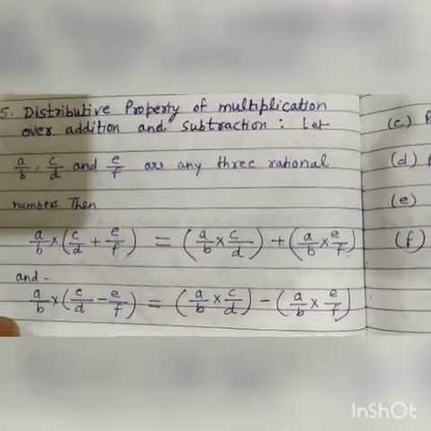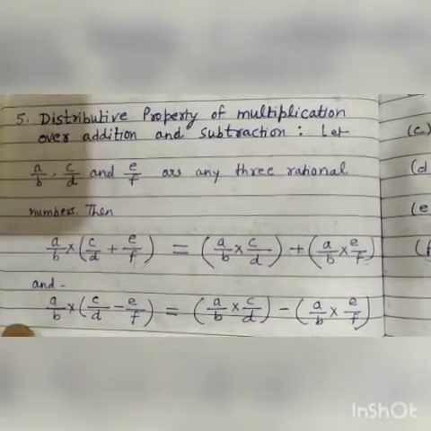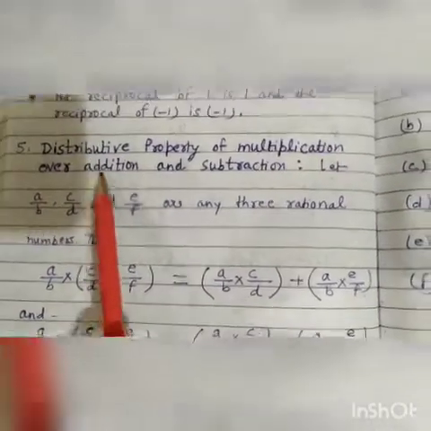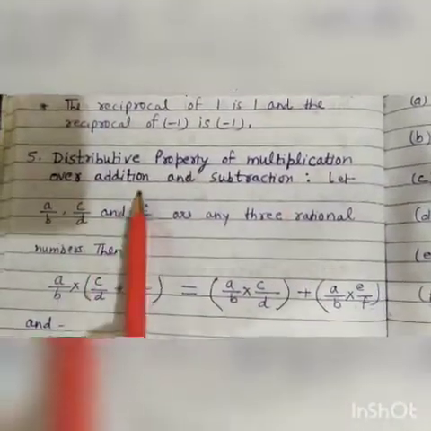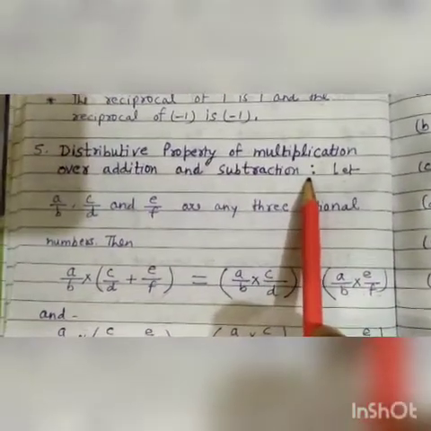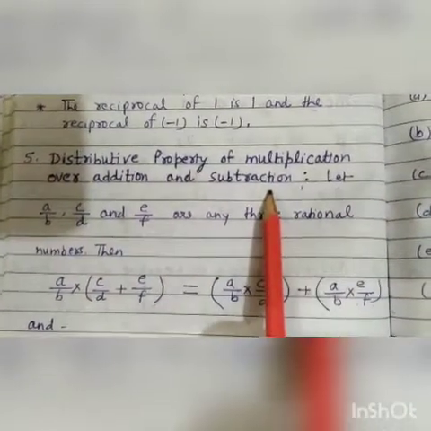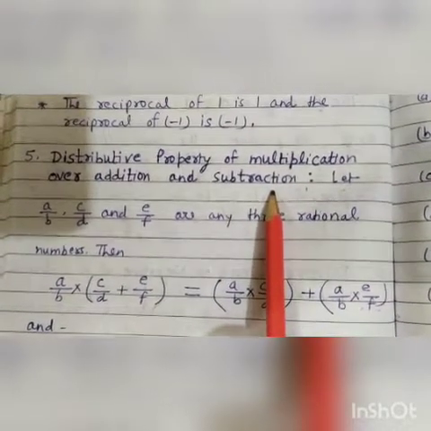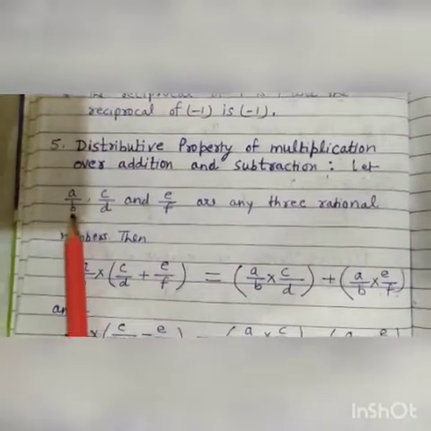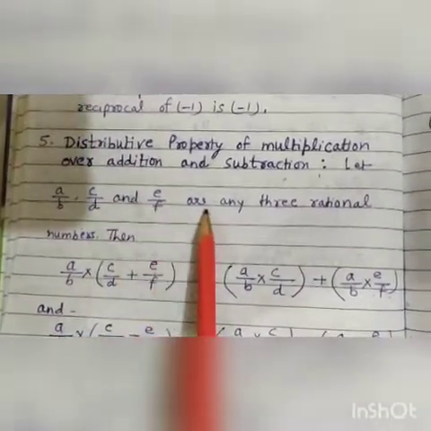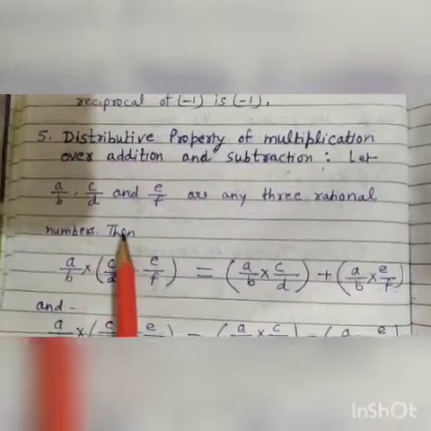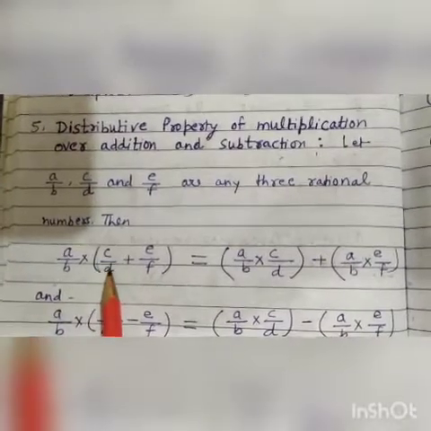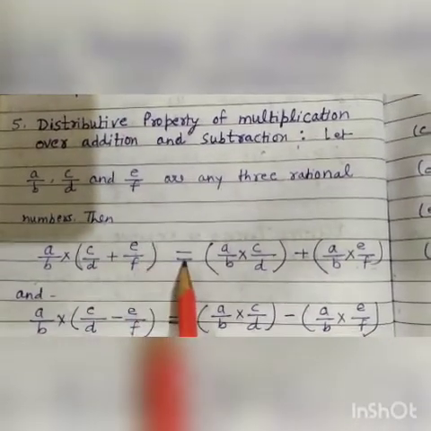Students, today the questions which I will explain are based on this property, the distributive property of multiplication over addition and subtraction. So first let us revise this property once again. What is the distributive property of multiplication over addition and subtraction? Let a upon b, c upon d and e upon f be any three rational numbers, then a upon b multiplied by within bracket c upon d plus e upon f is equal to